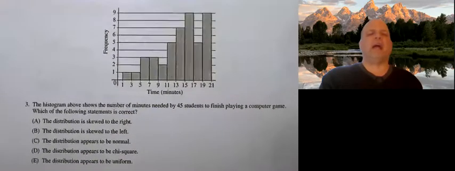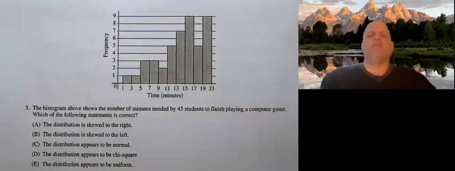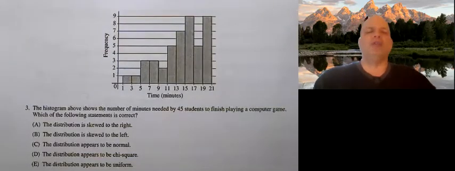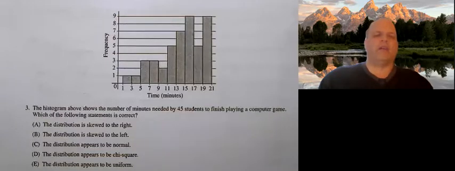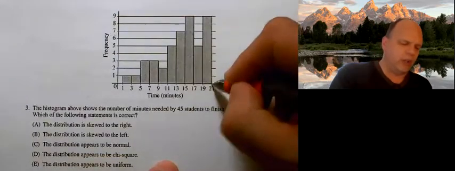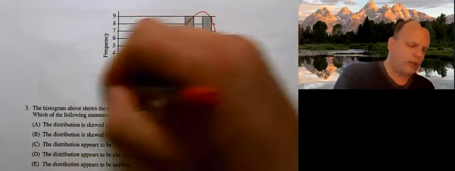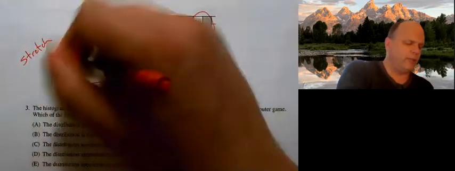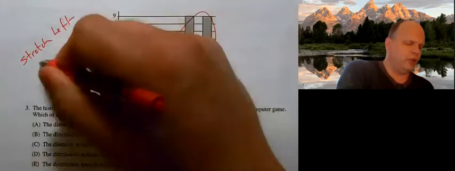Number three, the histogram above shows the distribution of minutes needed by 45 students to finish playing a computer game. Which of the following statements is correct? The distribution is skewed. Well, okay, let's look at this thing. Which way is it stretched? Well, it's stretched to the left. So if it's stretched to the left, that means it is skewed